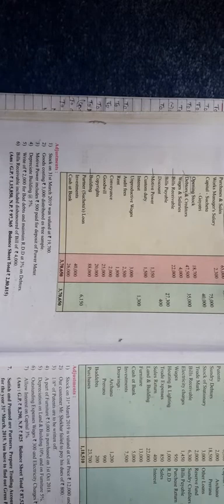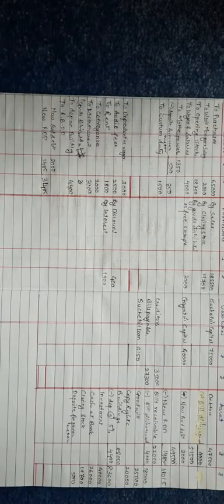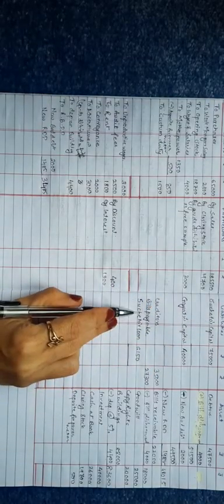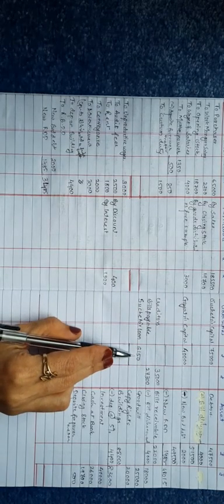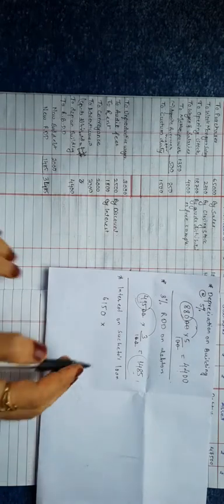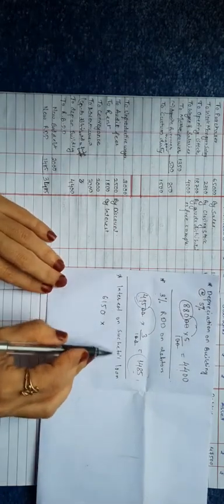The hidden adjustment remains: partner's loan. There is always interest on partner's loan, but in the question it is not mentioned. If it is not mentioned in the question, meaning the percentage is not given, we'll consider it as 6% per annum. Sucheta's loan is written on the liability side. The amount of loan is 6,150. Now we'll calculate the interest on it.